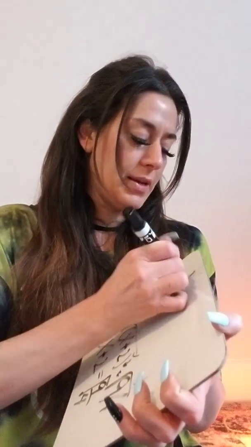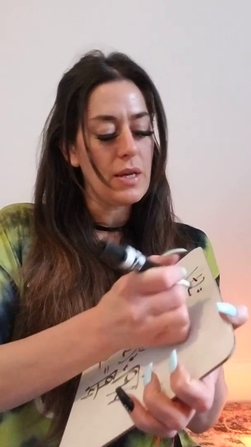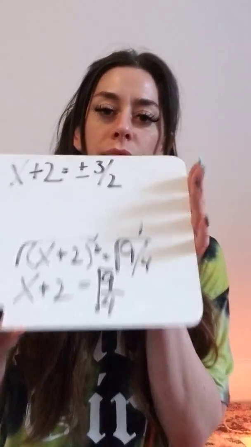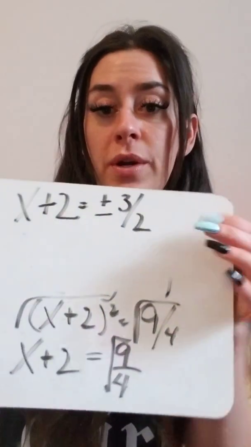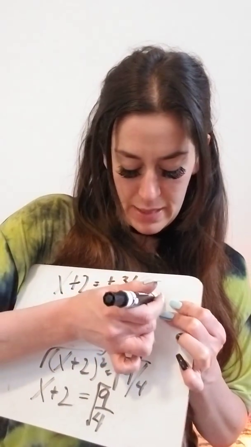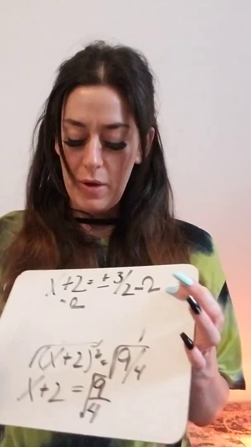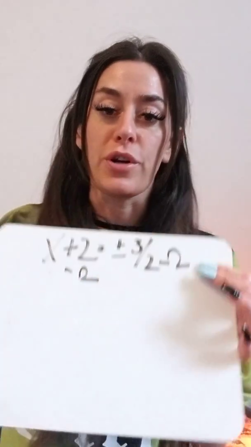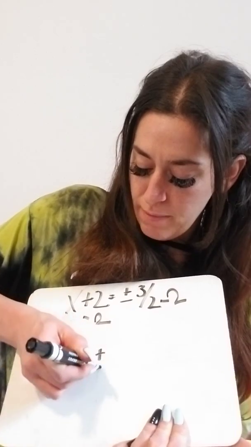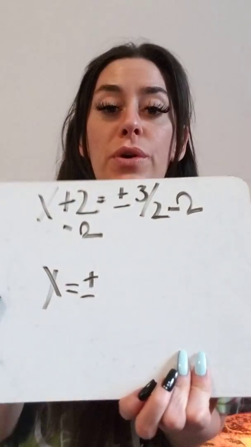I'm left with x plus 2 equals plus or minus 3/2. You can write like this and then just say minus 2, minus 2. For most teachers, just writing your answer as x equals plus or minus 3/2, or you can say 1